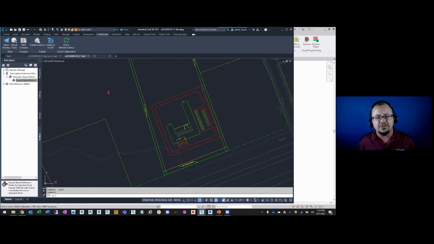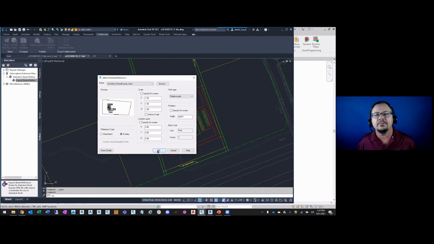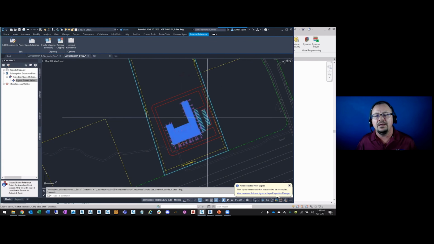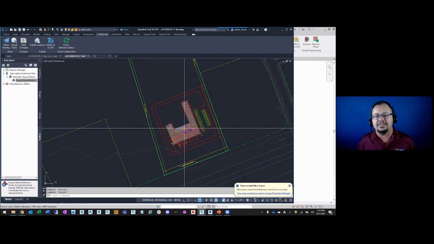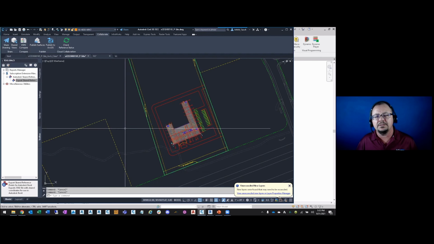So I'm going to attach a drawing. And I'm going to attach the shared coordinates class file that I have, and click open and OK. And if it works correctly, like it does, then you'll see that it drops in exactly where it's supposed to. And just to show you, my insertion point is 0, 0, 0 and scale of 1. So with just a few clicks on the architecture side, you can have this project exported to units, foot, using a shared coordinate system.